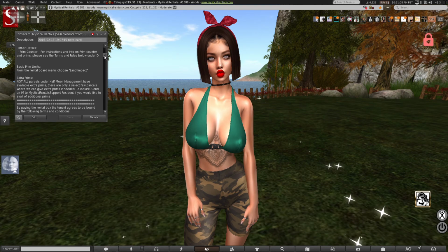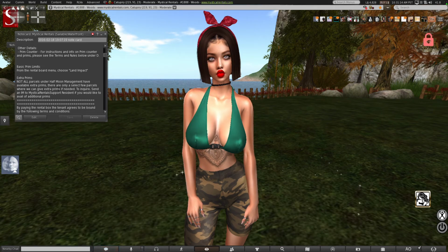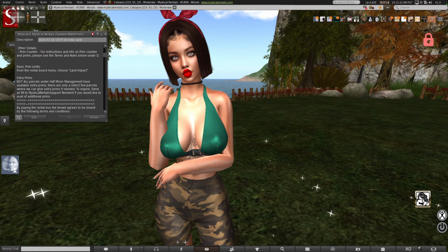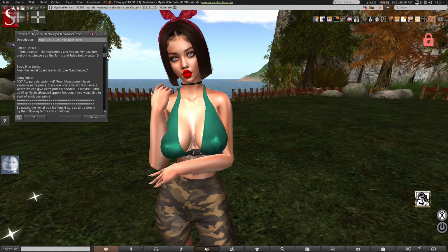Okay. Extra prim. Not all parcels under half moon management have available extra prim. There are only a selected few parcels where we give extra prim if needed. To inquire, send an IM to Mystical Rental Support Resident if you'd like to avail of additional prims. By paying the rental box, the tenant agrees to be bound by the following terms and conditions: